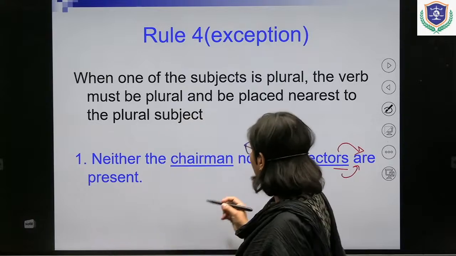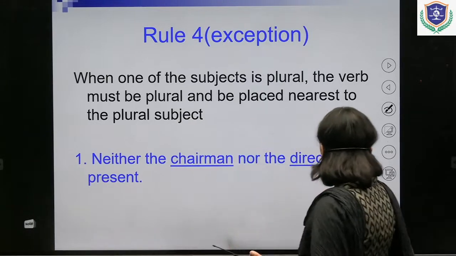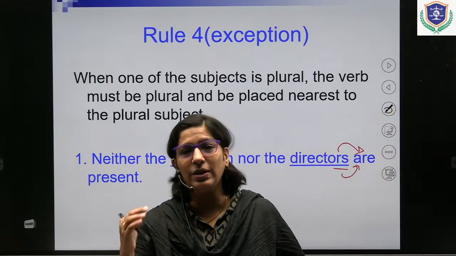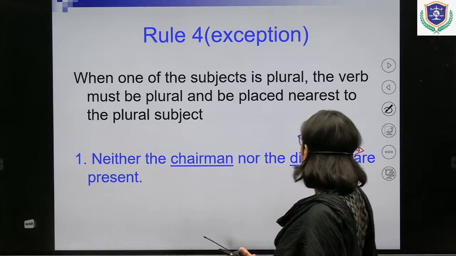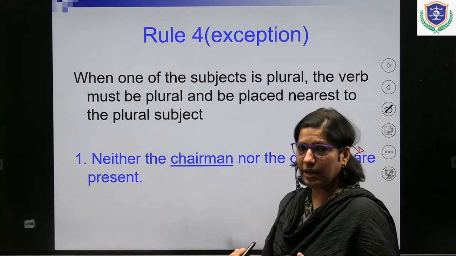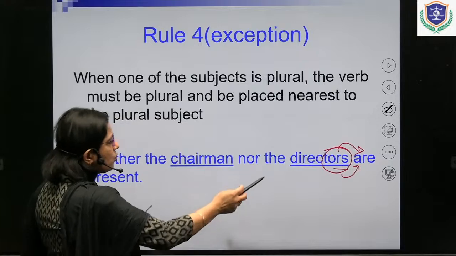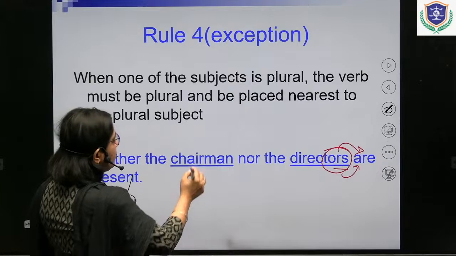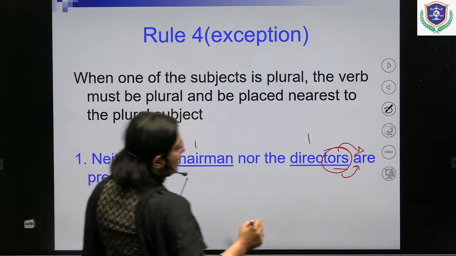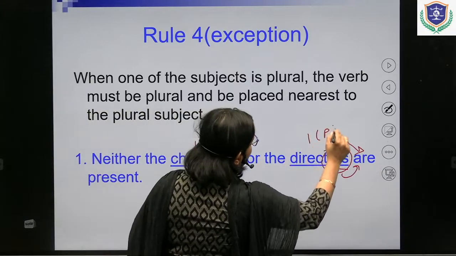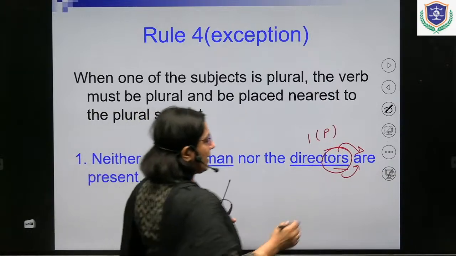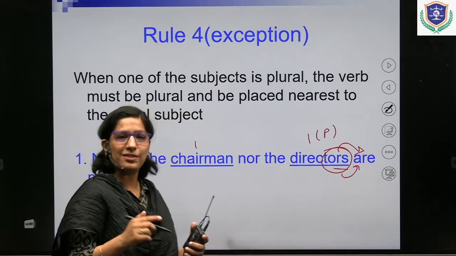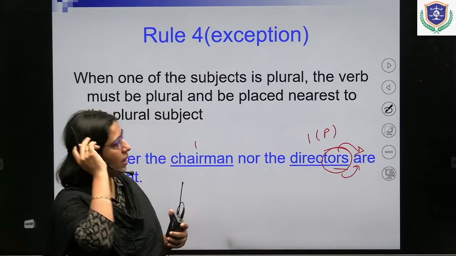Okay, so what we are doing here is neither the chairman nor the directors. So here the verb which we will consider will depend on the closest subject, which is directors here. Okay, so this is what is there. This is what we are considering here, that when we have two subjects, when one of the subjects is plural, then the verb closest to the subject has to follow the verb rule as to what is there. Okay,